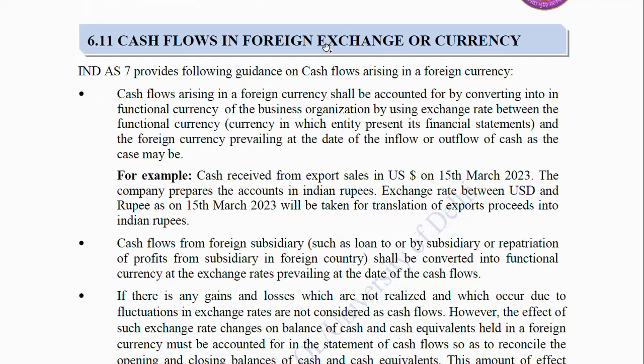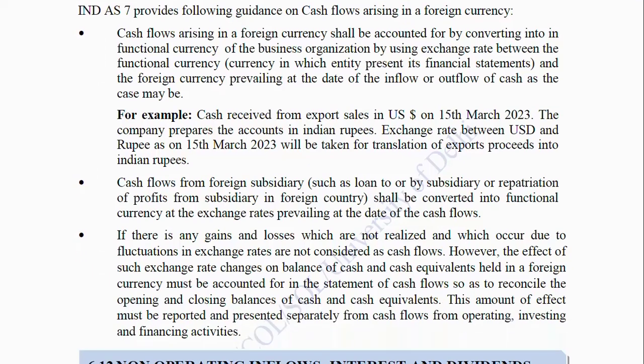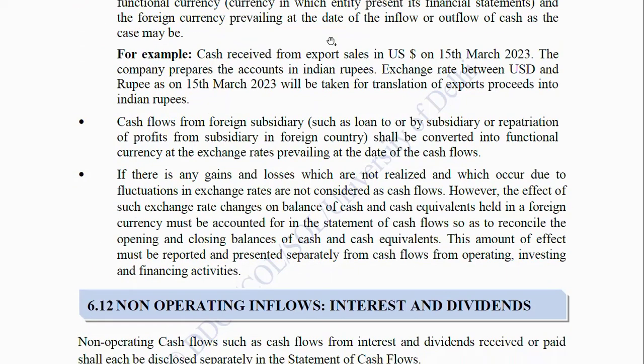For example, cash received from export sales in US dollars on 15th March 2023, where the company prepares its accounts in Indian rupees. The exchange rate between USD and rupee as on 15th March 2023 will be taken for translation of export proceeds into Indian rupees. Cash flows from a foreign subsidiary, such as loan to or by the subsidiary or repatriation of profits from a subsidiary in a foreign country, shall be converted at the exchange rates prevailing at the date of cash flows. If there are any gains or losses which are not realized and